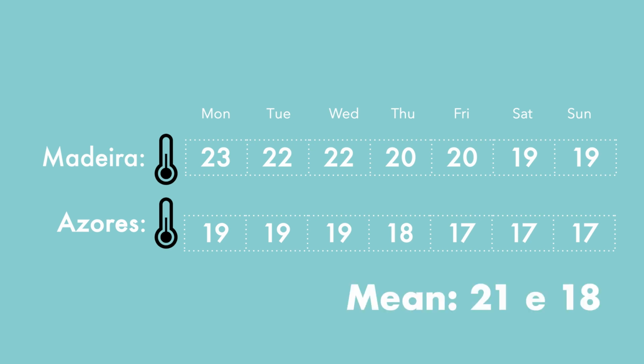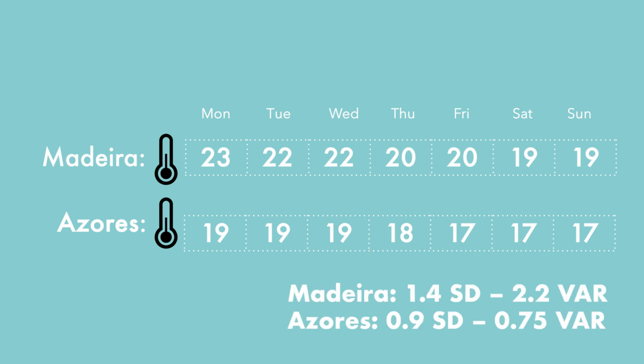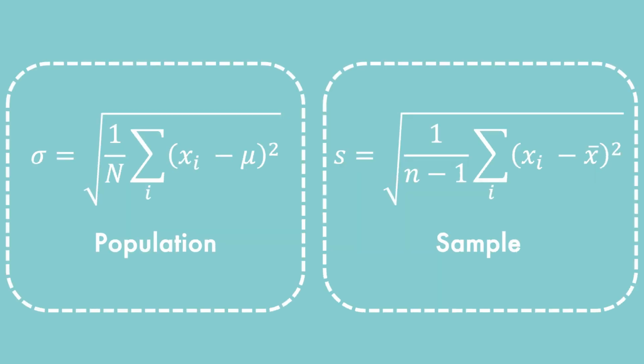Calculating the mean, we see that Açores had a lower average temperature than Madeira. Calculating the standard deviation and variance, we see that Madeira had greater temperature variation, 1.4 standard deviation, 2.2 variance, than Açores, 0.9 standard deviation, 0.75 variance. Fortunately, due to the calculation of the standard deviation, we have an idea of the variability of temperature that is